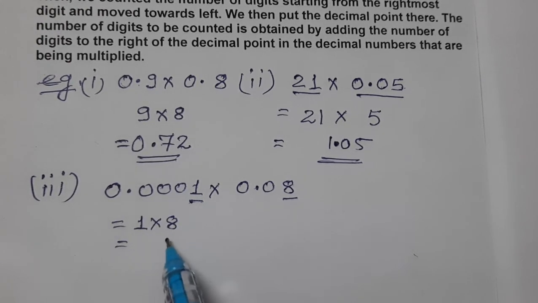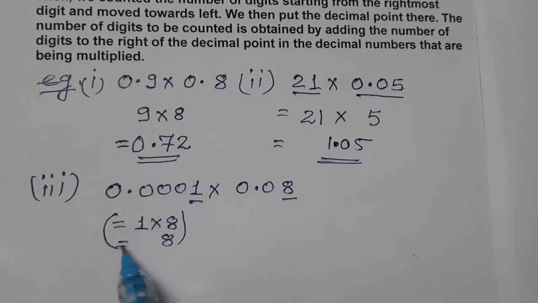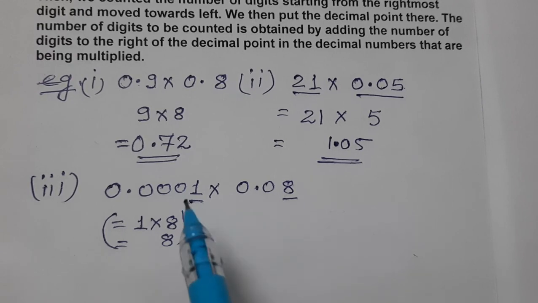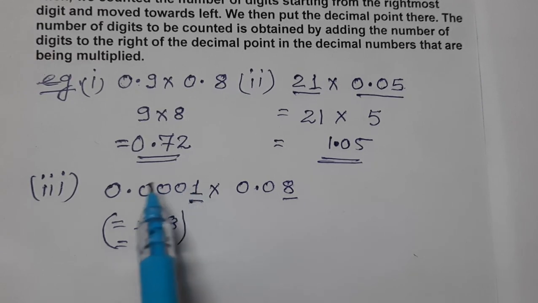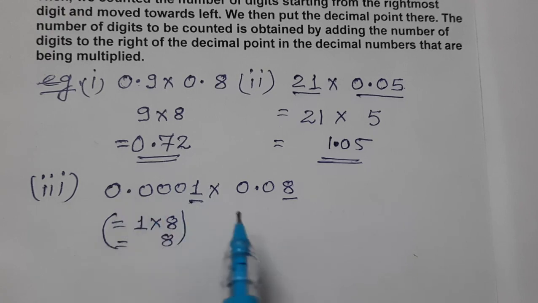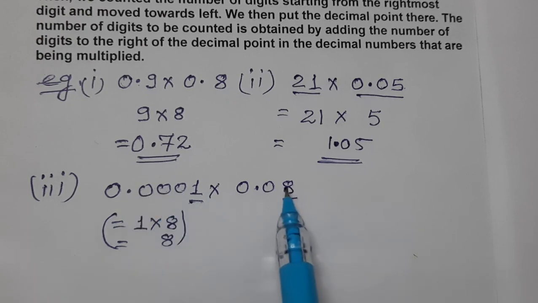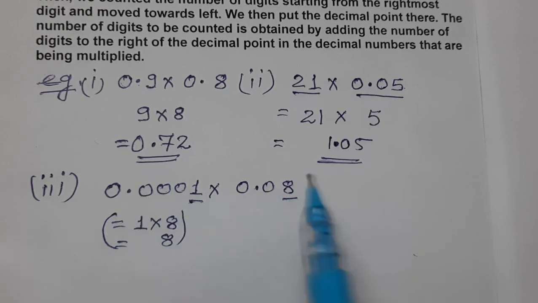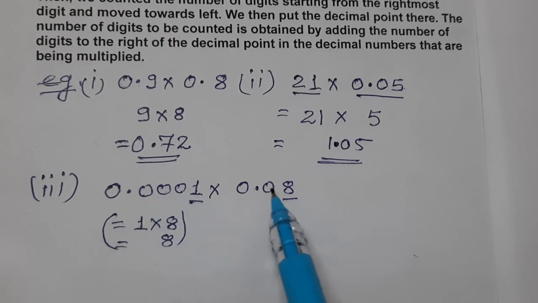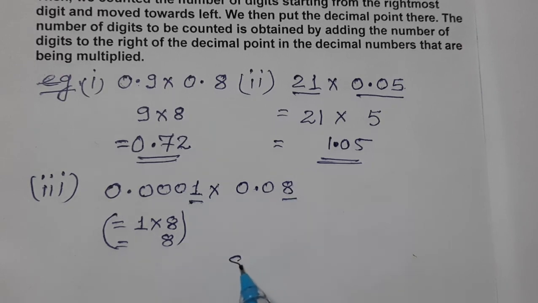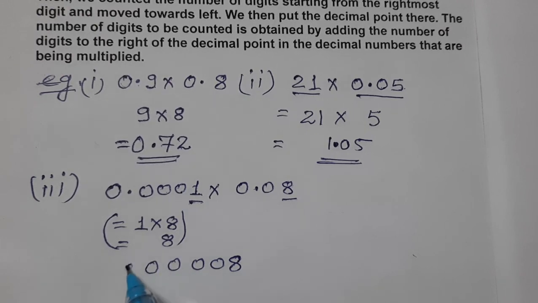And we know 1 eight is 8. Now the turn of putting the decimal. We have done only the number part. Now let's count from the rightmost towards the left till we get the decimal point. Let's count, 1, 2, 3, 4. Here, 1, 2. 4 plus 2 is 6. You have to add all the decimal places. Now 1, 2, 3, 4, 5, 6. There were 6 places. So 8 is there, 1, 2, 3, 4, 5, 6, and then put the decimal. So this is our solution.